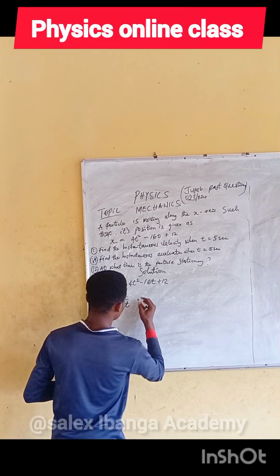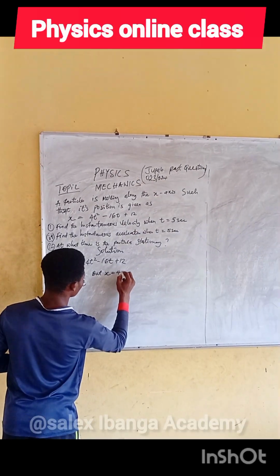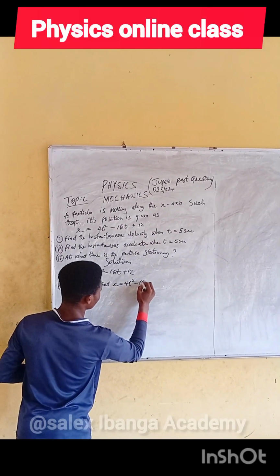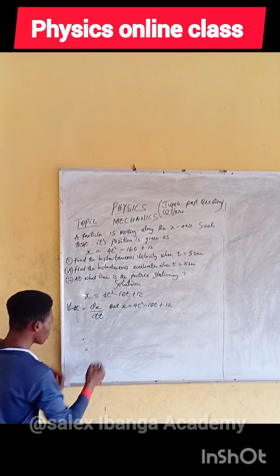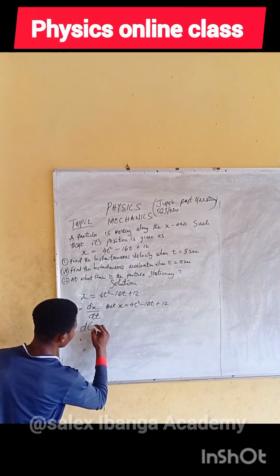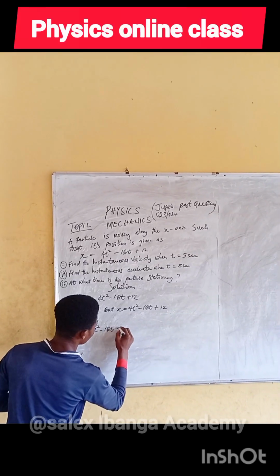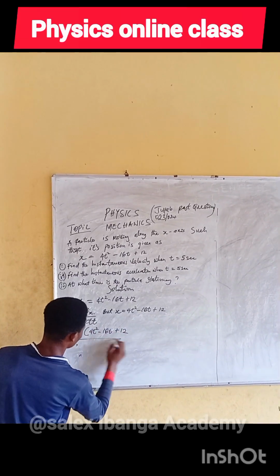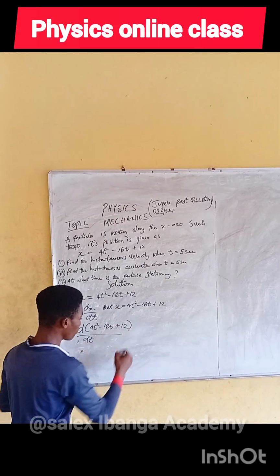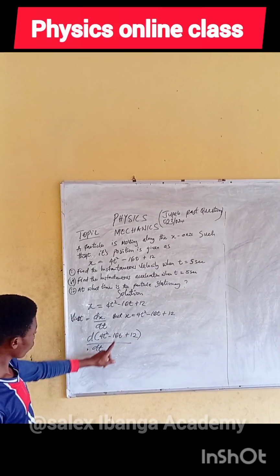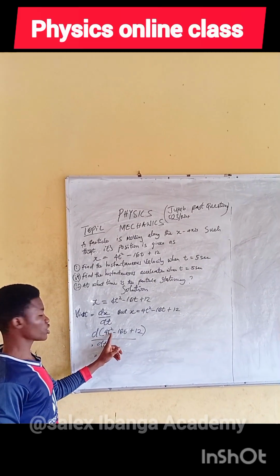But x equals 4t squared minus 16t plus 12. So from here, I will quickly say d of 4t squared minus 16t plus 12 over dt. I'm differentiating what's inside with respect to t. So now, if I differentiate 4t squared,